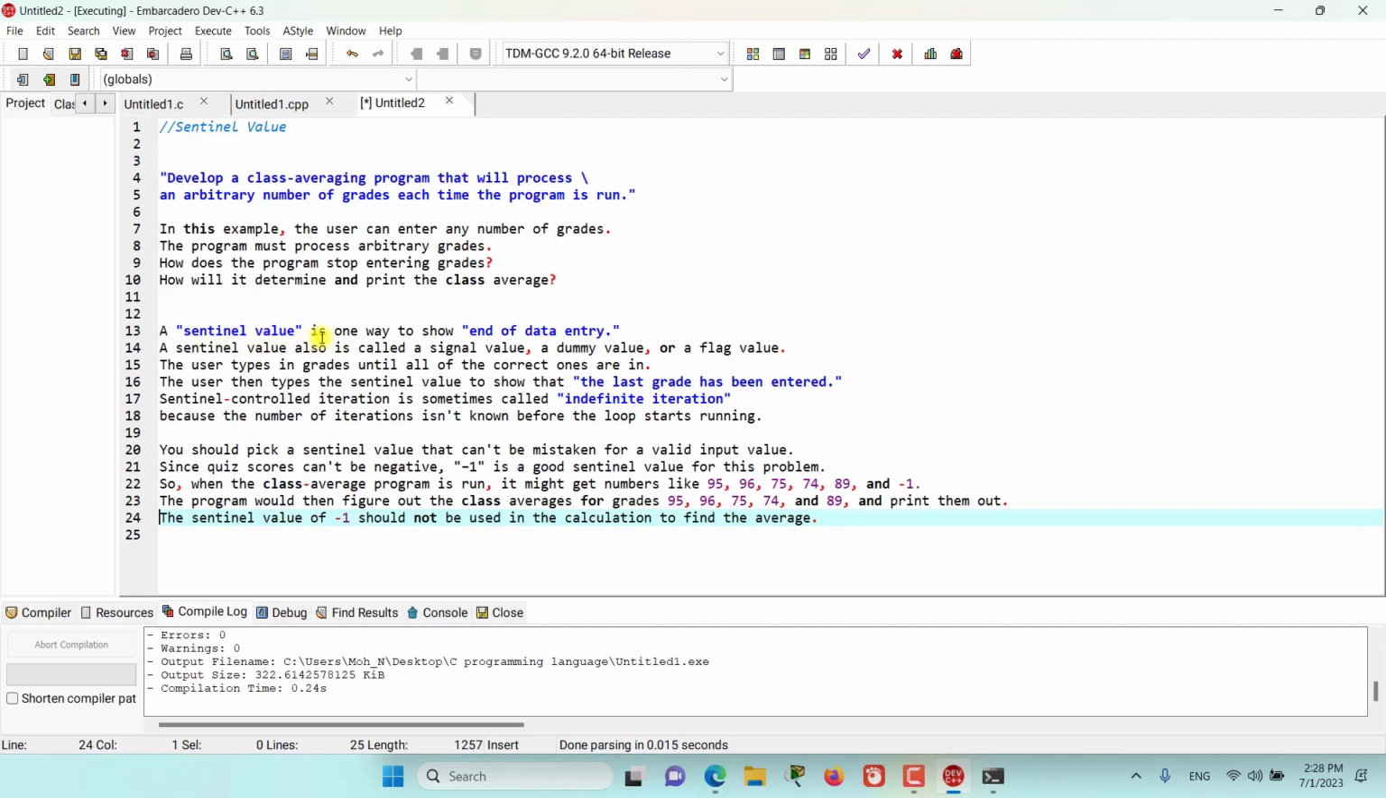A sentinel value is one way to show end of data entry. A sentinel value is also called a signal value, a dummy value, or a flag value. The user types in grades until all of the correct ones are in. Then the user types the sentinel value to show that the last grade has been entered. Sentinel controlled iterations are sometimes called indefinite iterations as well, because the number of iterations is not known before the